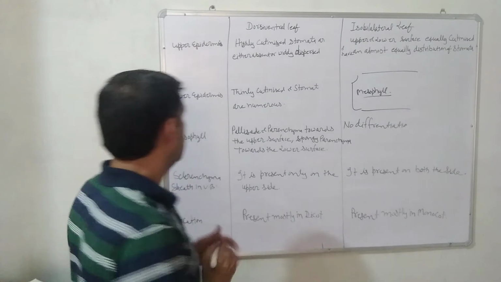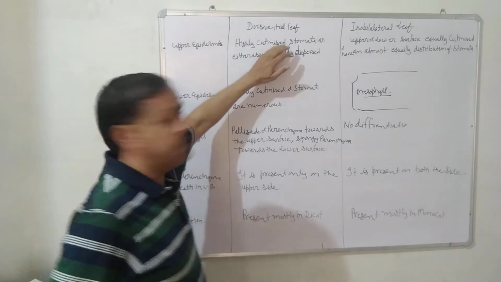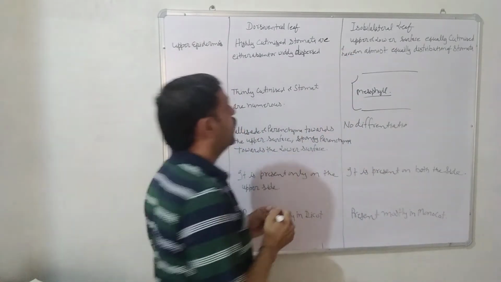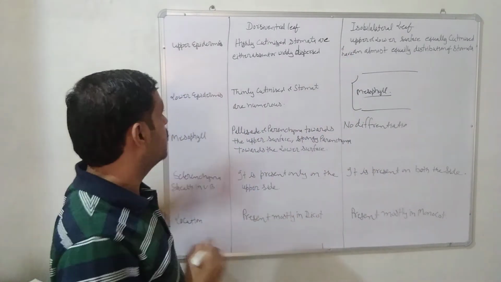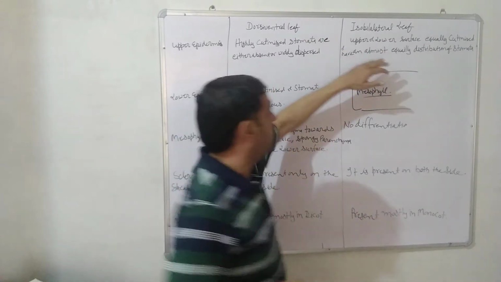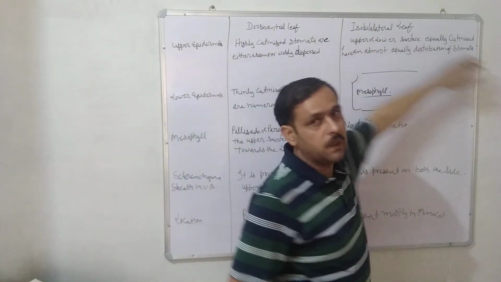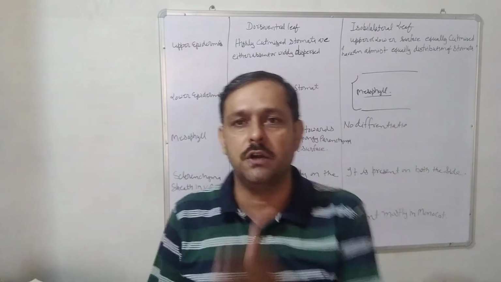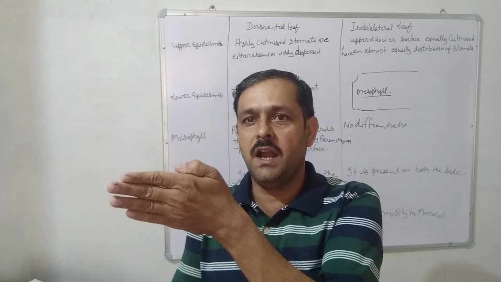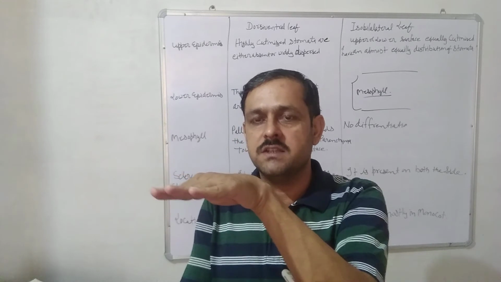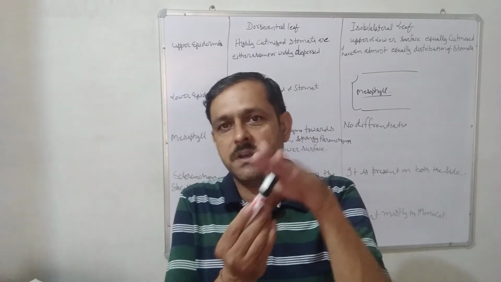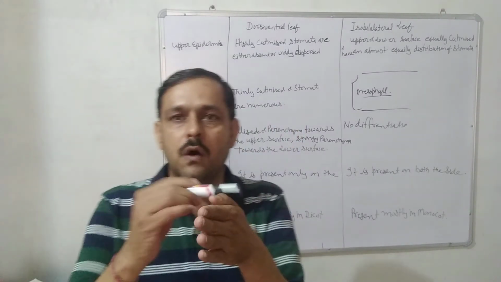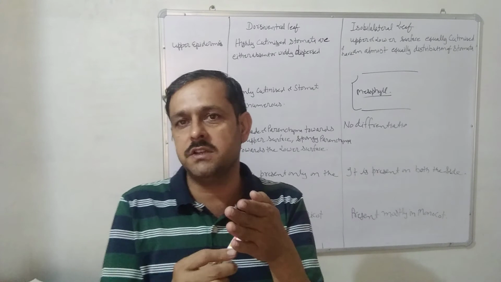First of all, you can see the upper epidermis is highly cutinized, and stomata are either absent or widely dispersed in the dorsiventral leaf. In the isobilateral leaf, the upper and lower surfaces are equally cutinized, because they are situated on the plant just like this, and the dorsiventral leaf just like this. So its lower surface can't get so much sunlight, and in the isobilateral leaf the whole leaf equally obtains sunlight.